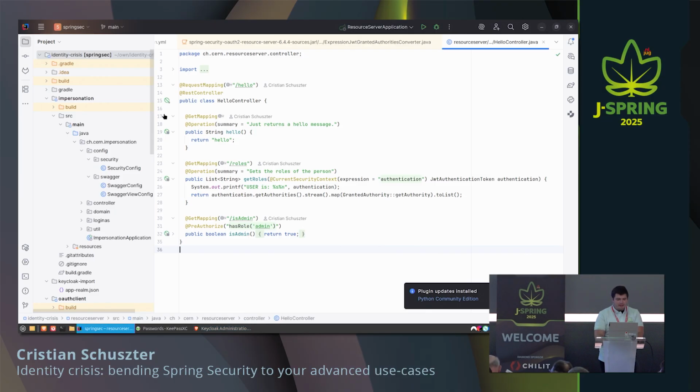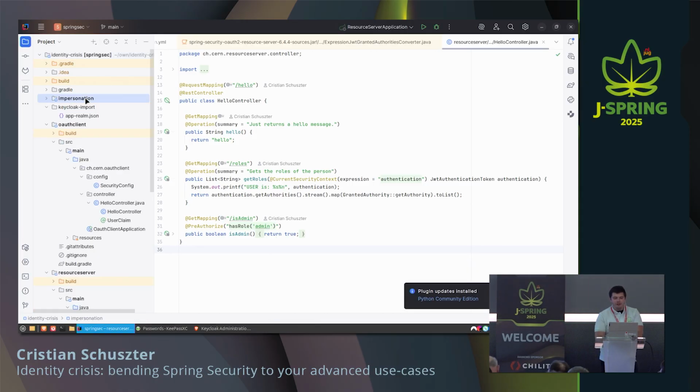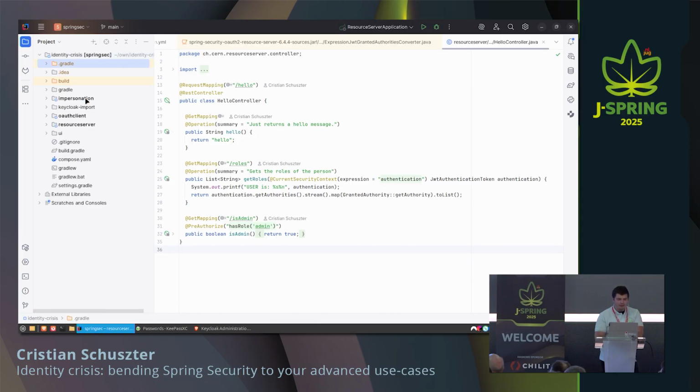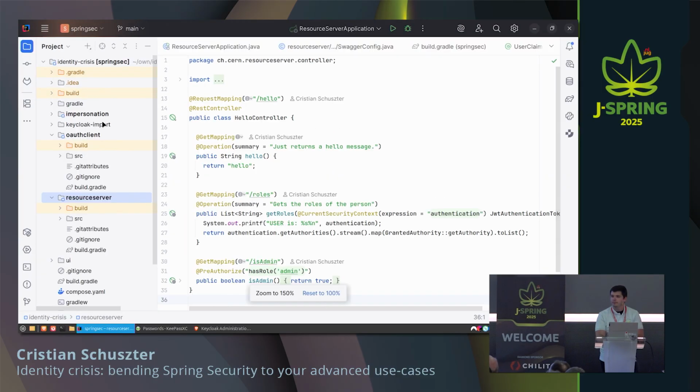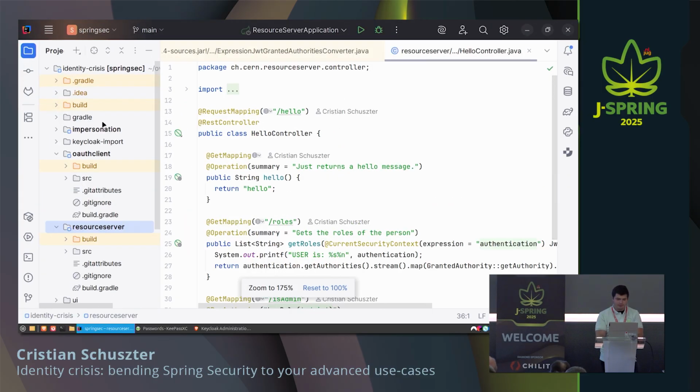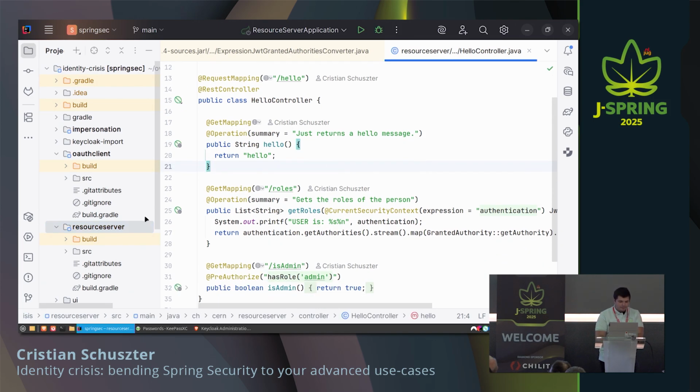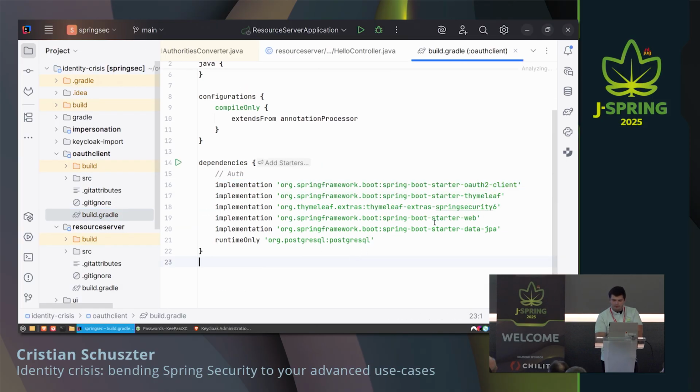And my Spring Boot application, well, actually my applications, because I have a few of them here. One is an example of an OAuth client, one is an example of a resource server. Maybe, should I zoom in a bit? Maybe a bit more, like for the menus and all that? I hope it's readable. Okay, so if we start with the OAuth client,